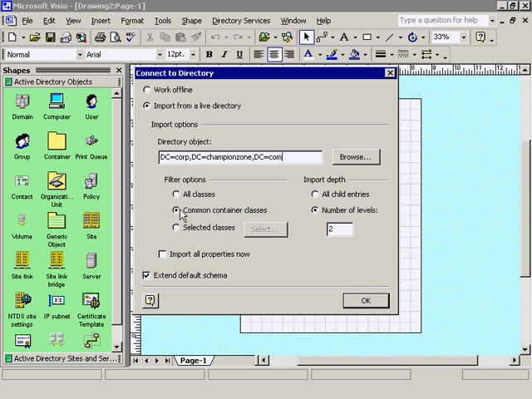Filtering is very important, since directories can potentially contain millions of objects. Nathan can significantly reduce the time it takes to complete the import process by limiting the number of classes and levels he chooses to import. Two new options allow further control over how much information is imported and how long it takes to complete the